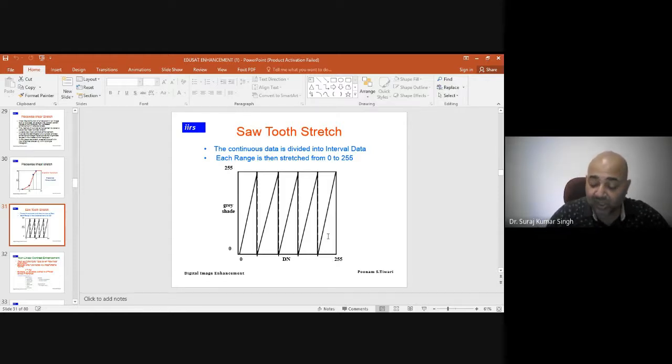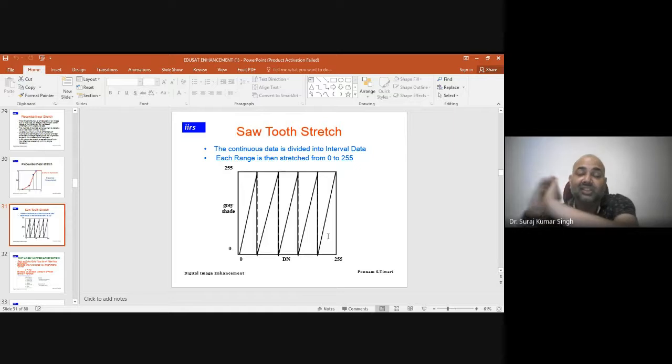When you have got a bell shape, then you have got a particular contrast stretching technique. When you have got a two-model histogram, then you have got a different histogram stretching, and when you have got a three-model, then you have got a different histogram stretching. Means the basic purpose of the above exercise is to improve your visibility, and that will be done using mathematical formulas, functions, and definitions with calculation.